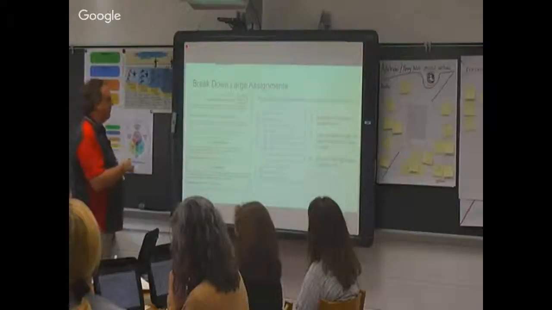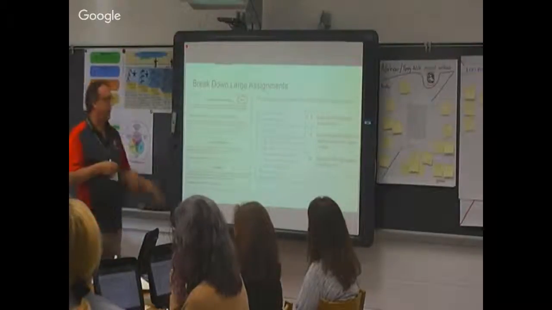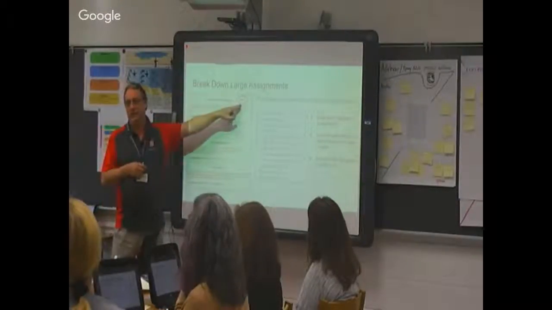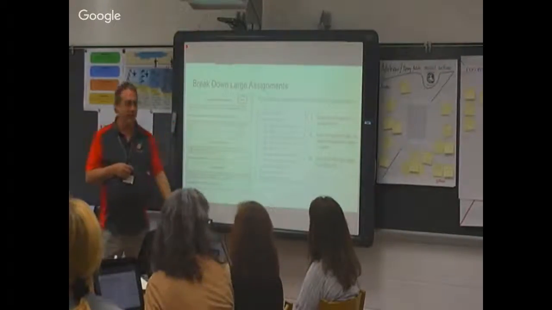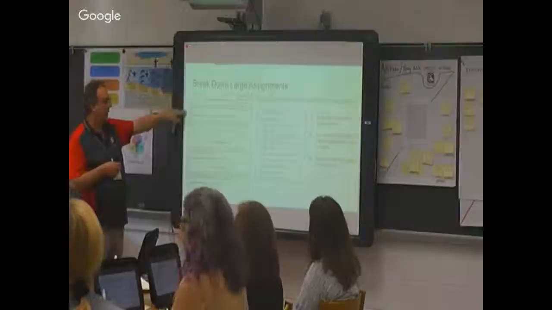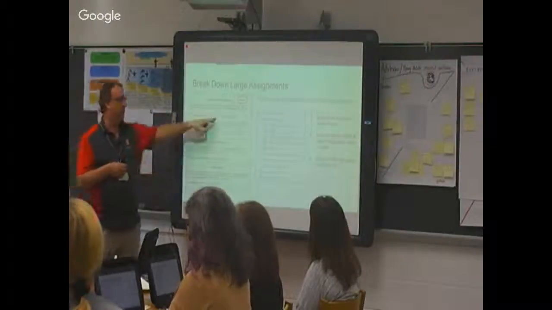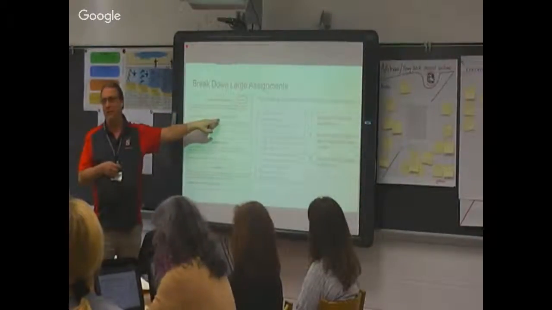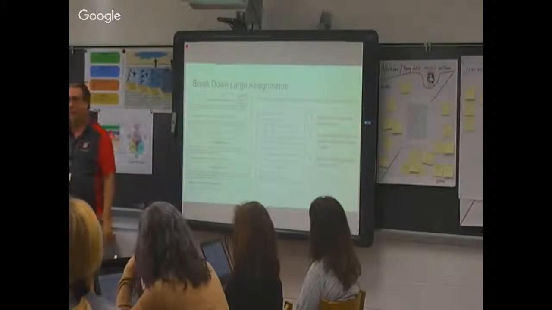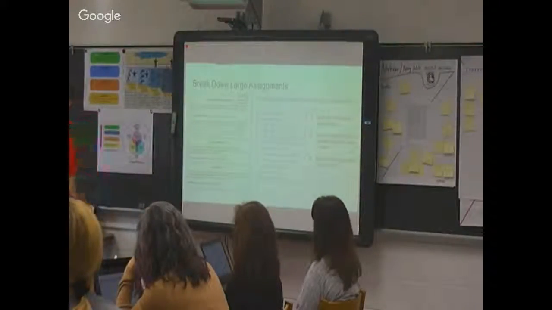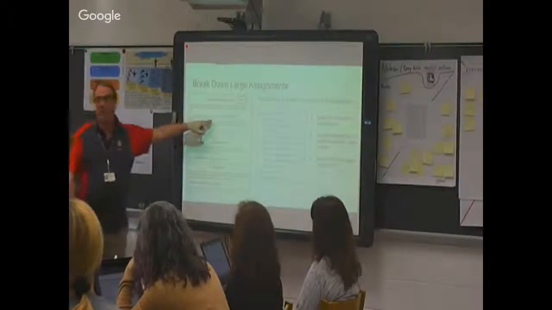One of the teachers had converted it to Google Docs, but this is page 9 of this assignment that was added as a link, and they wondered why kids weren't turning this in. Well, as they go down here, complete journal entry 1, this link to another Google Drive assignment. Well, the problem with that, kids would open that, they can't edit it because it's not their document, it was view only. They had to make a copy, make their edits on it, come back to this document, change the link,